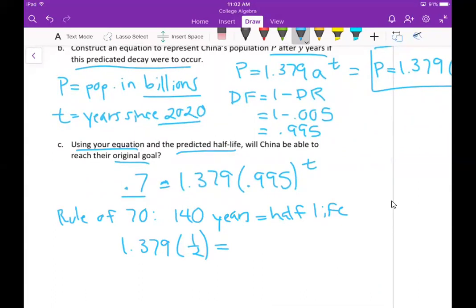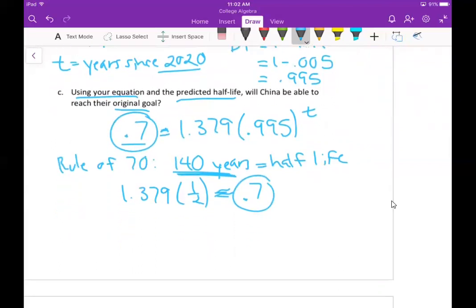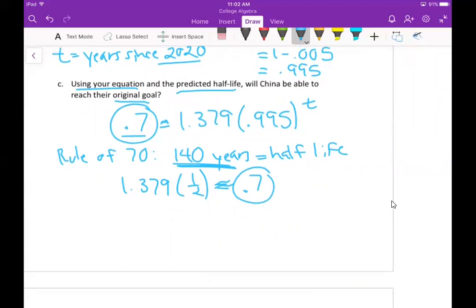So if you take 1.379 times a half, you should end up with about 0.7. This is about 0.7. So then we would say, oh, that's what we're looking for here. So let's start with a good educated guess of a T value of 140 and see where we're at. Now again, the rule of 70 is an approximation, so this won't be exact, but it gives us a good place to start. So we're going to say, okay, what about T equal to 140? We're going to plug that in, 1.379 times 0.995 to the 140th power. And if you plug that into your calculator, you get about